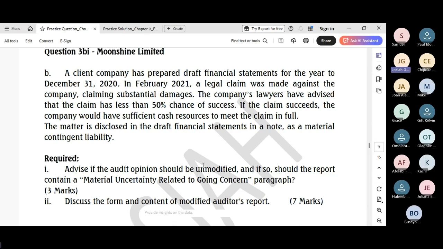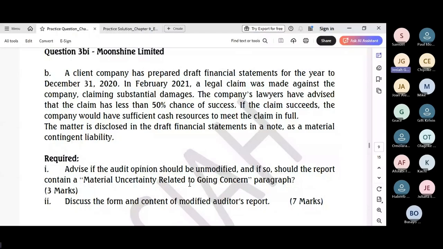Okay, so the question actually tests the application of ISA 705 and 706. When we come to reporting, we'll see those ISAs. 705 is on modified opinion and 706 is on emphasis of matter paragraphs. And it's in conjunction with IAS 10, so we are not out of place to look at this question. IAS 10, don't forget, we just looked at a question on subsequent events, and IAS 37 on contingent liabilities. It's specifically focusing on whether a contingent liability requires a modification or a key communication paragraph.